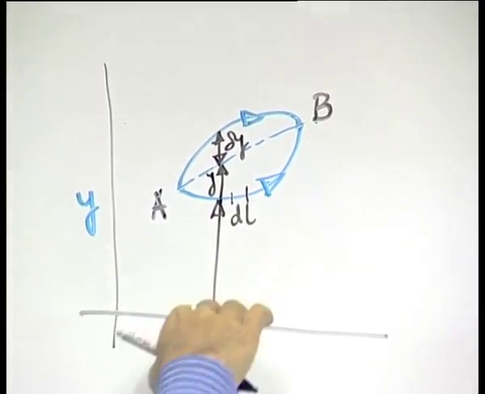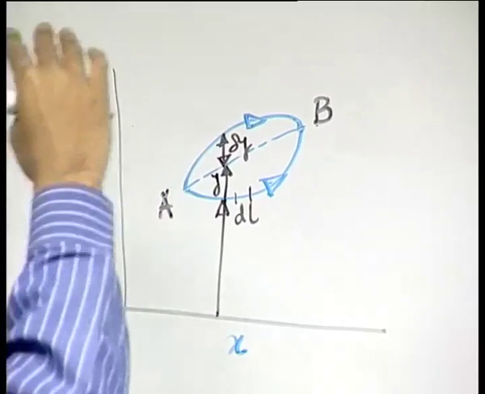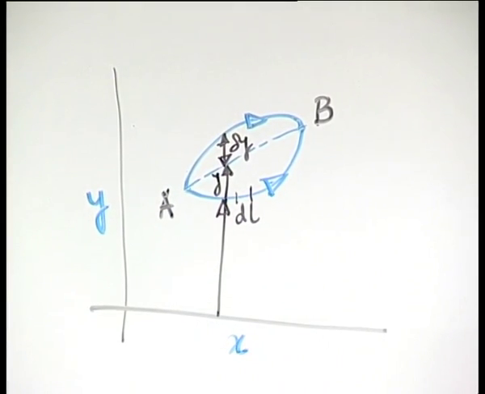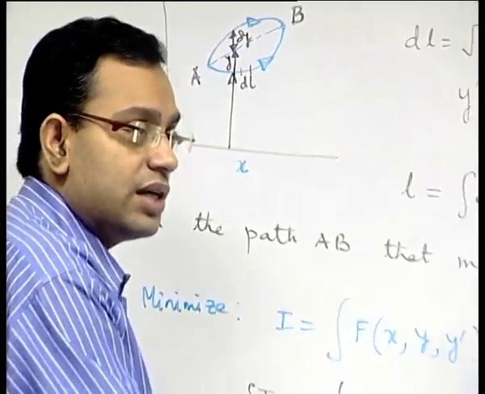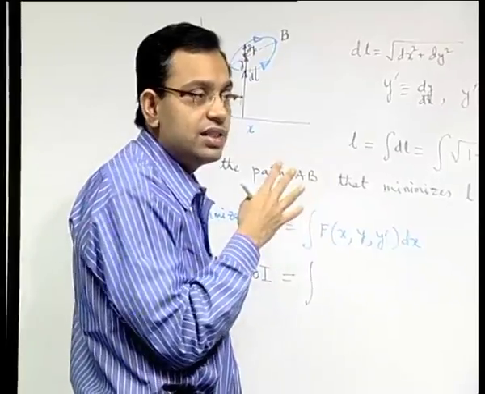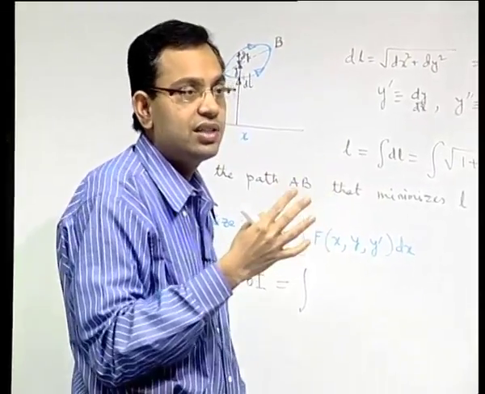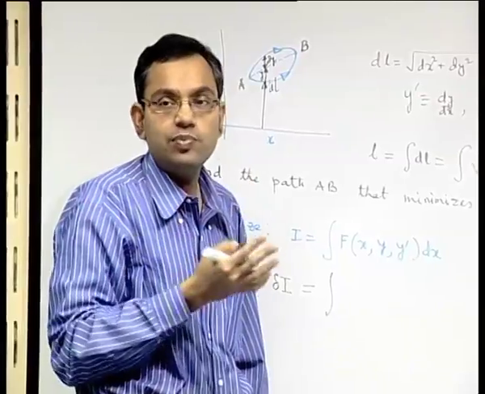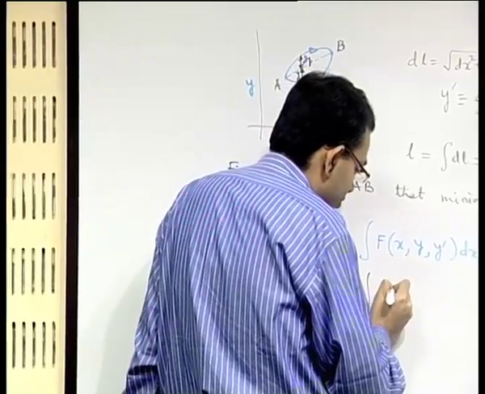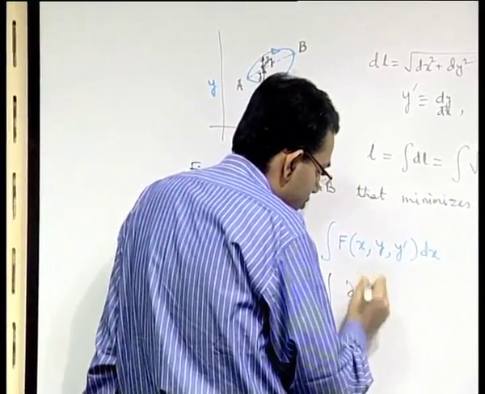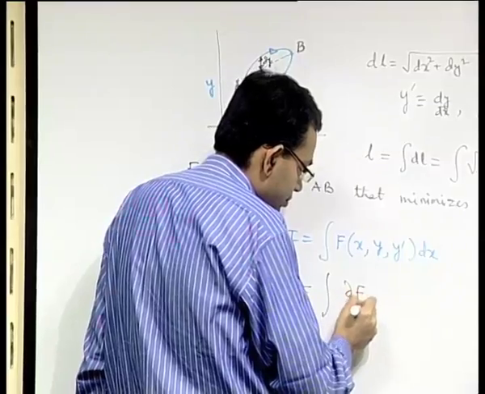So, you can have variations over y, similarly you can have variations over y prime, but you cannot have these variations over x, because x is the independent variable. You are changing x as per your wish and then seeing what is the corresponding variations in y and y prime. So, keeping that in mind, you can write this as